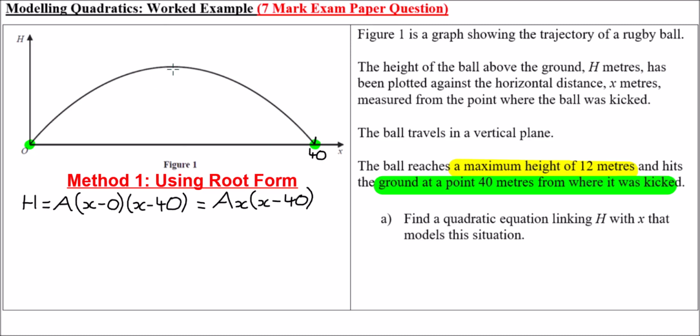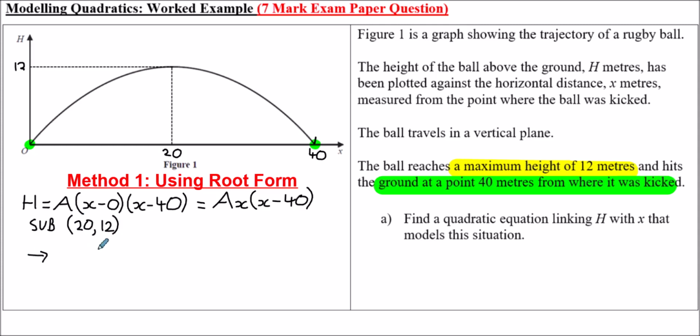So I'm just going to sketch this in here. So where x is 20, that's when the height is 12. So let's just add this into our diagram, like so. So 20, h is 12. So we can now substitute this in to this form. So if we sub the coordinates 20 and 12 in,